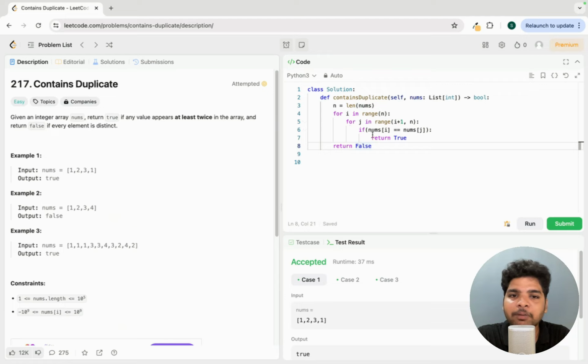The previous problem also had the same issue, with a time complexity of big O of n square. In the later parts of this course, we'll see how we can optimize this problem by using hash maps, hash tables,